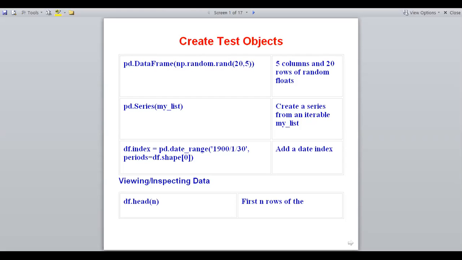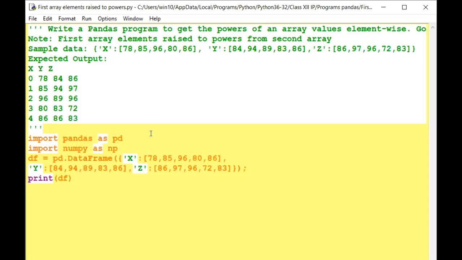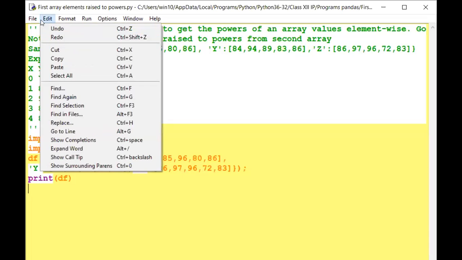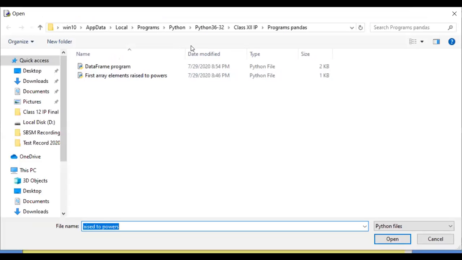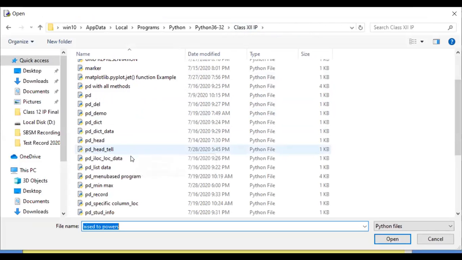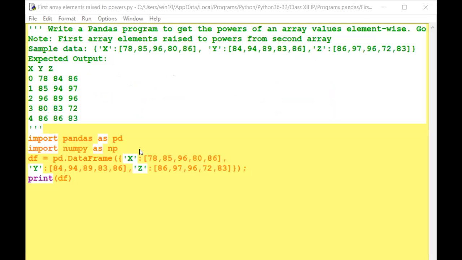So I am sharing the Python screen. You can see here I am using the head and tail functions.